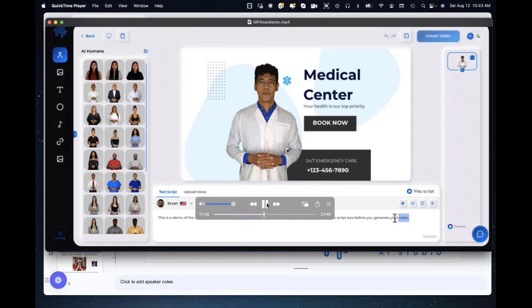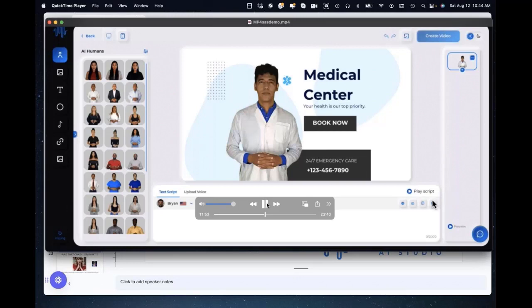And now what we're going to do is we're going to take out the sentence that is in there, which is just a demo, and we're going to write something for William to say. At least he was William. I wonder if he's still William. Anyway, I'm getting off subject.